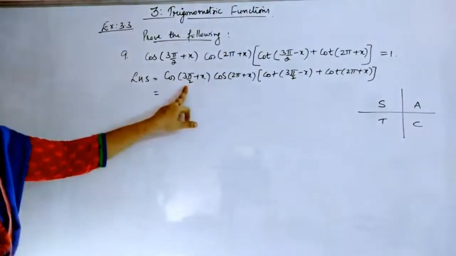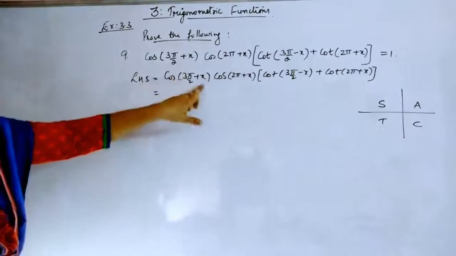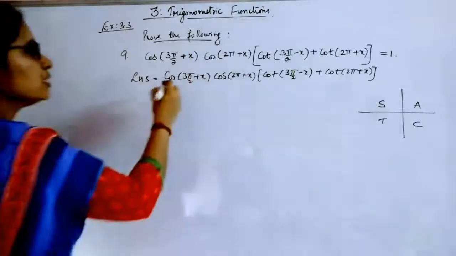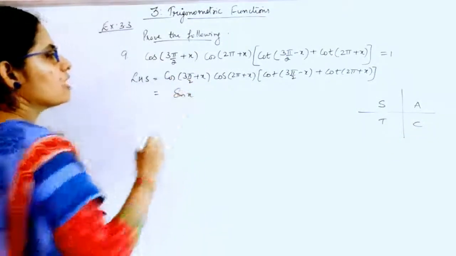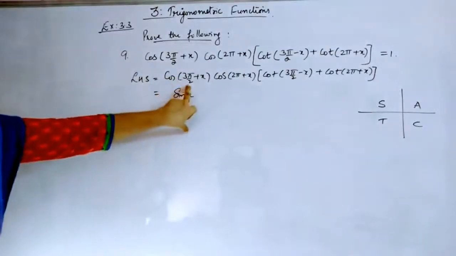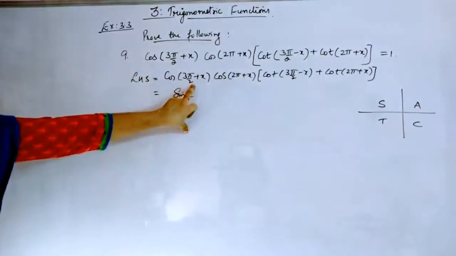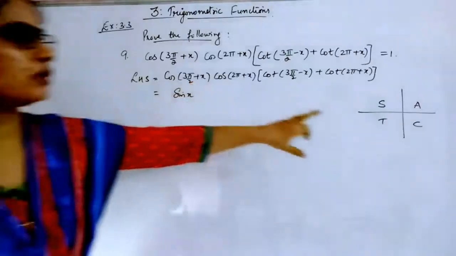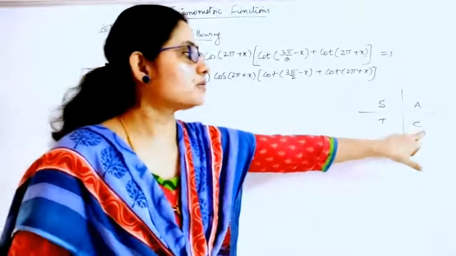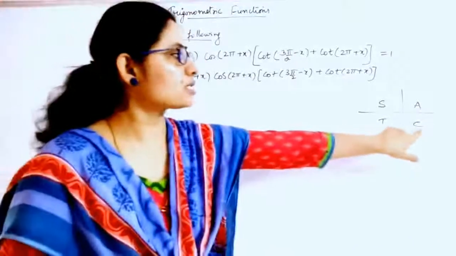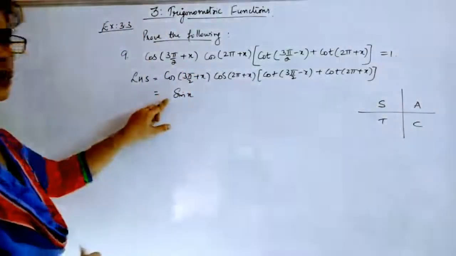So if it is pi by 2 or 3 pi by 2 like that, you will get the opposite thing. That means cos of will give you opposite, which is sine of. Now you have to go for whether it is positive or negative using your angle. 3 pi by 2 plus x: 3 pi by 2 will be till this third quadrant, plus x will be in the fourth quadrant, and in the fourth quadrant cos is positive, so that you will get positive sin x.